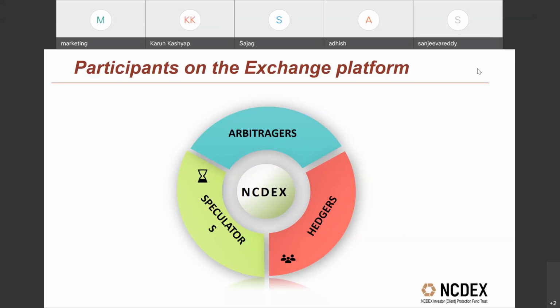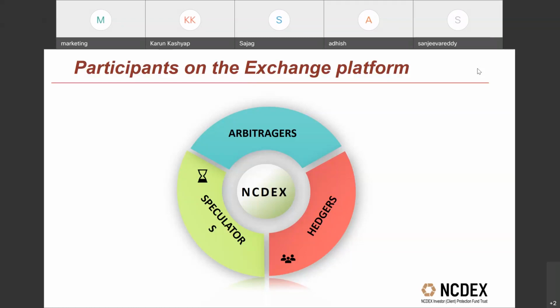Then there is the arbitrager. Arbitragers are basically those people who just try to encash the difference in pricing of the two markets, whether it is between the physical market and the exchange market, or between one exchange market and another. So they are just opportunistic players who make a profit from the price difference, but they are one of the prominent players because they bring liquidity in the counter. And then the hedger,